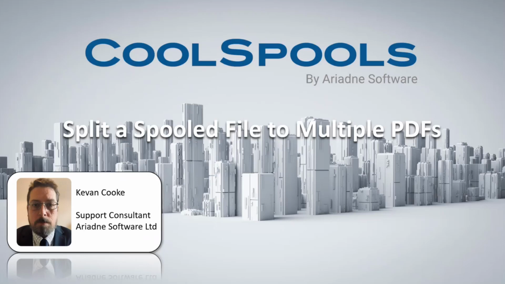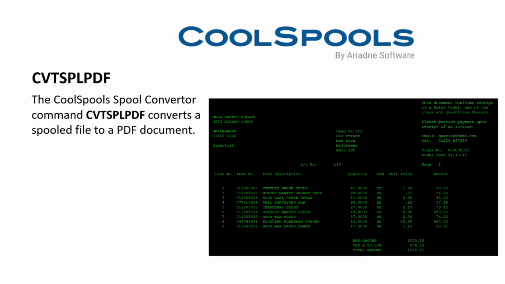Hello, and welcome to this demonstration of the CoolSpools functionality that is needed to split a spooled file into multiple output PDF documents. The command to convert a spool file to PDF is